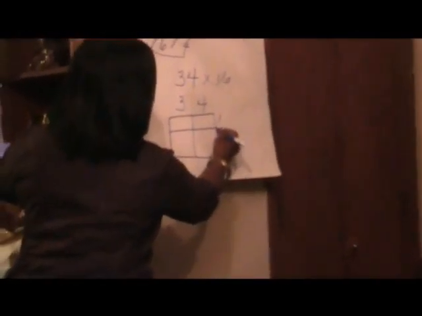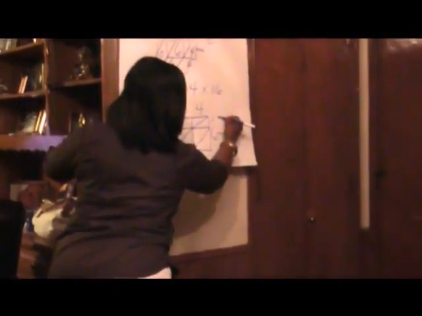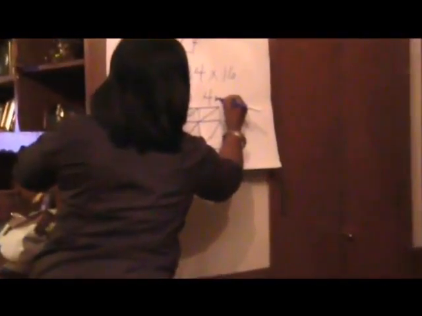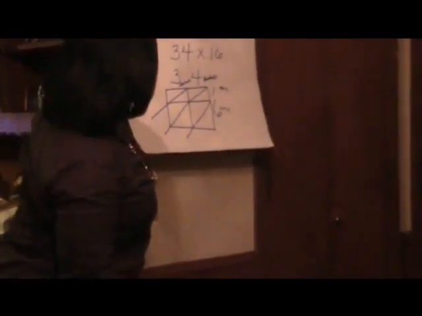Now we're going to make the diagonals. Again, this is the ones. This is the tens. This is the hundreds. And then this is the thousands column. Now, we're ready to solve our problem. And we will start with